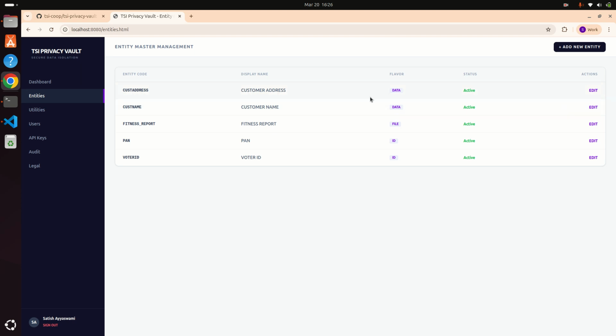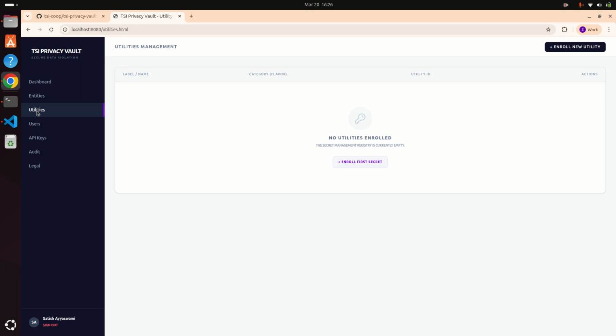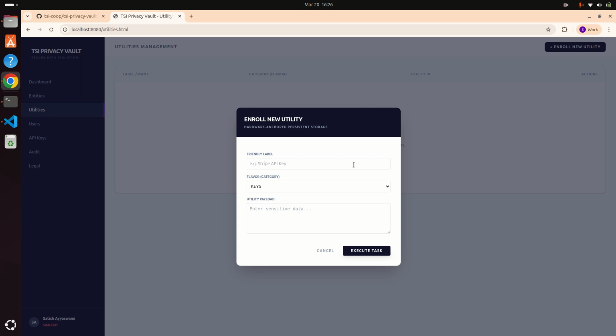right? So now if you see here, I have two IDs, I have two data fields, and I have one file. So these are the entities that I create. And let's say now I want to also register some utility. For my application, I'm using a secret store for storing the DB URL, DB password, etc. So I can define all of them here,